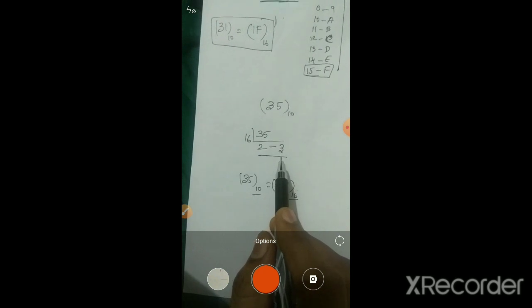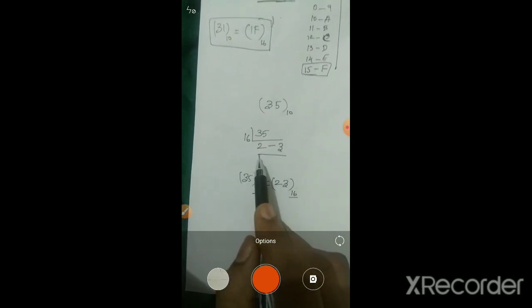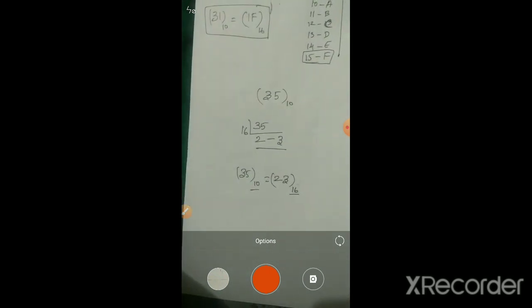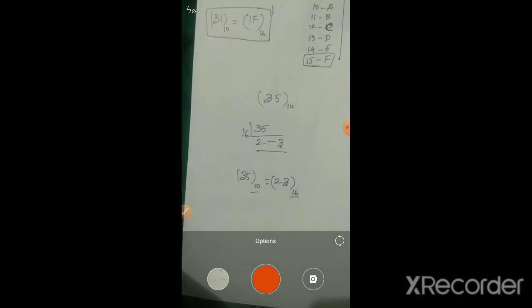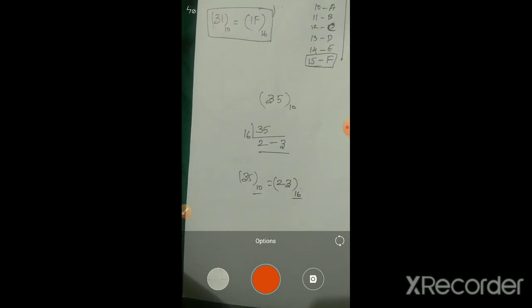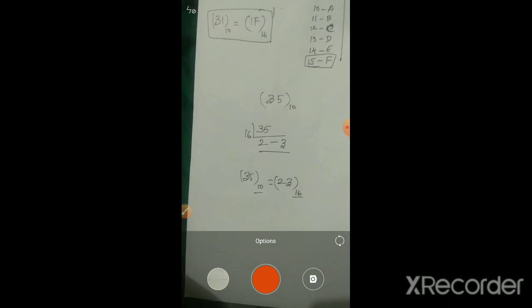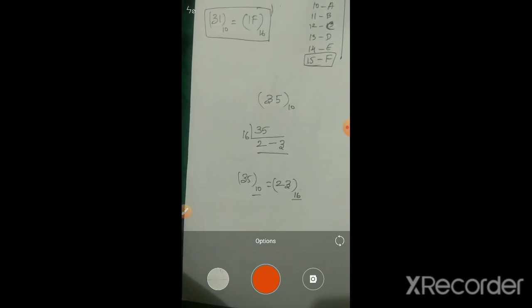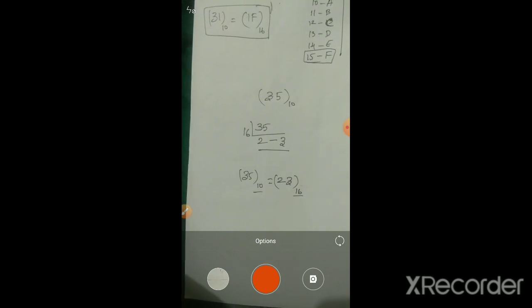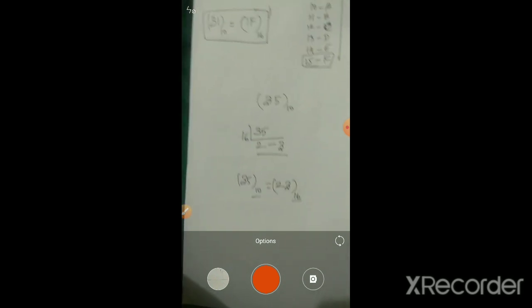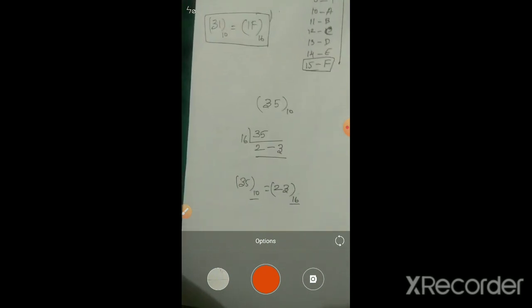What did I say? When you get a value below 16, stop the division process, because 16 is the divisor and the dividend is much lower. The dividend must always be bigger than the divisor. It is not possible to divide a smaller number. Is 1 divided by 15 possible? No. That's why we stop the process, and it is the correct process.